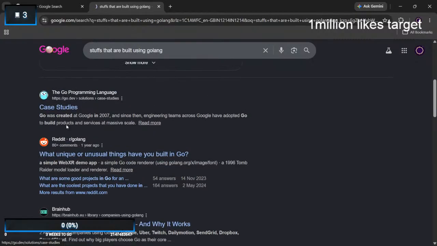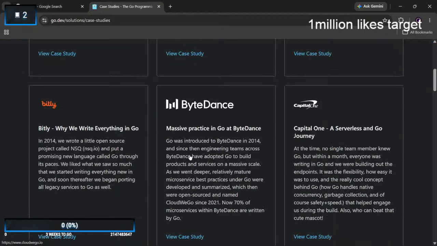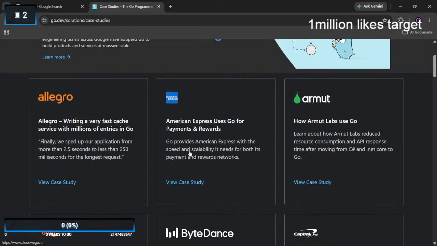Case studies. Wow, this was created in 2007. I thought it came just a few years ago. It's created in 2007. Okay, after my birth, 7 years after, it got created. Interesting. Oh, American Express also uses Go for the payment.